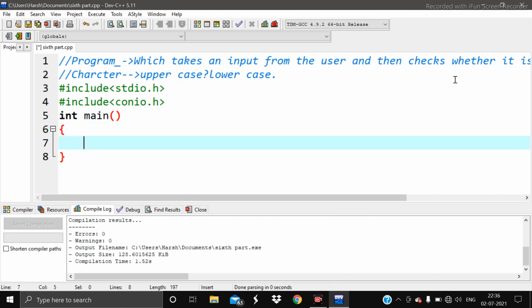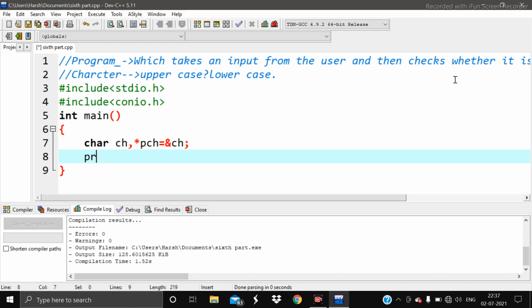Okay, now it is clear that we have to take input as a number, as a character, both uppercase and lowercase. So we can use the char data type, and the name of the normal variable will be ch, and the name of the pointer variable will be pch.